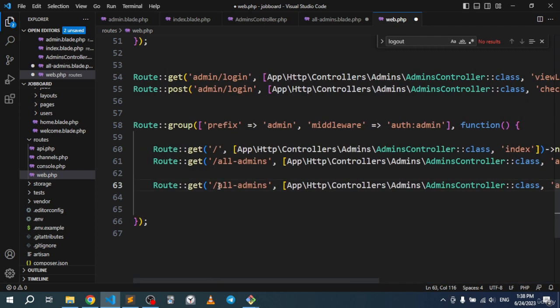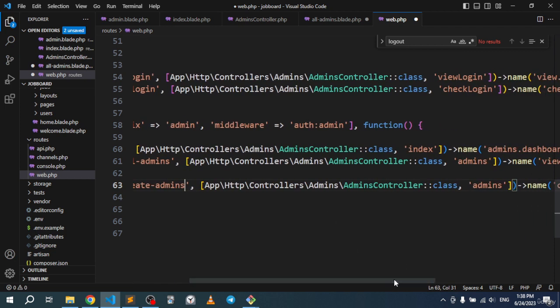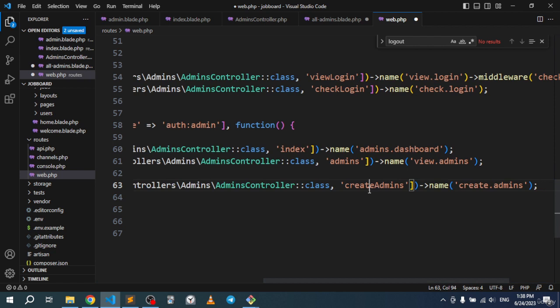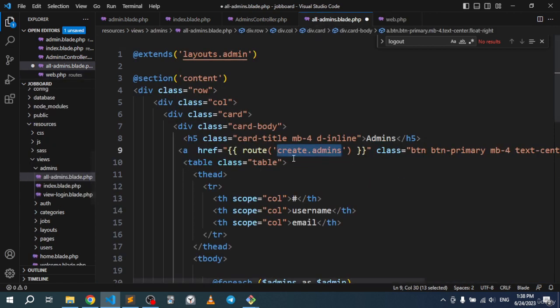All right, so this will be create dash admins, like that. All right, and this will go to the admins controller, and it will hit create admins function. All right, so let's copy this and save this whole page. And if we go right here, let's also save this right over here. And let's actually create